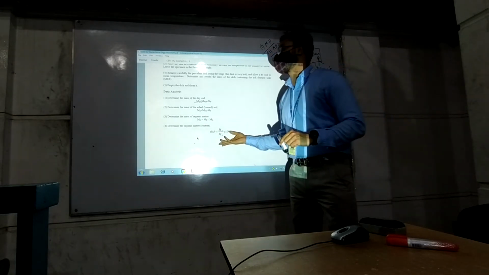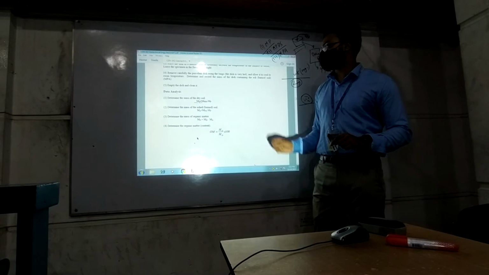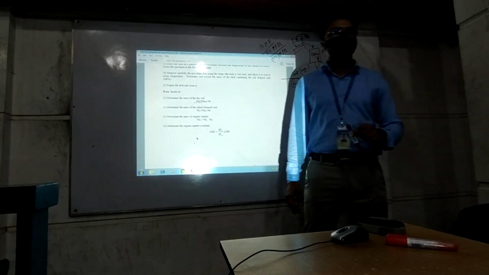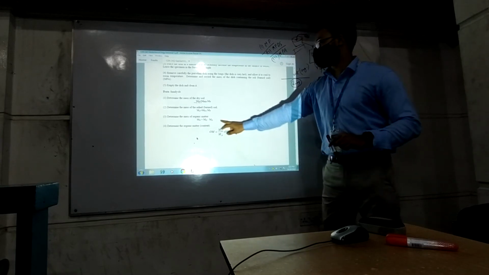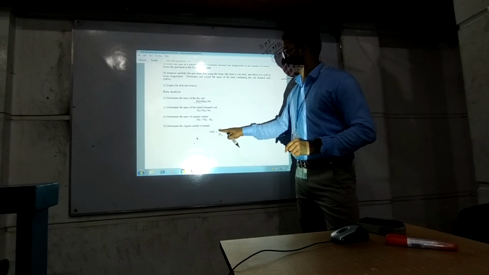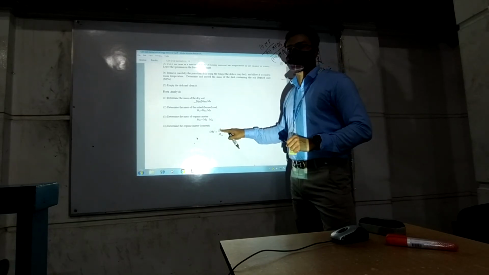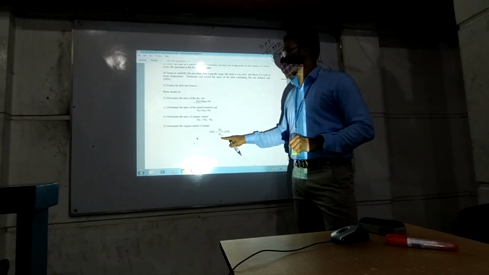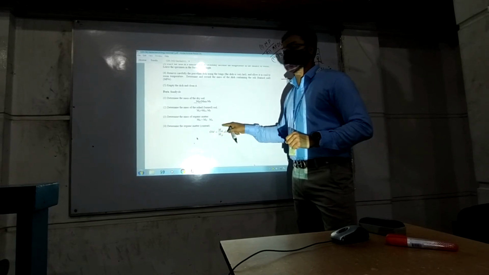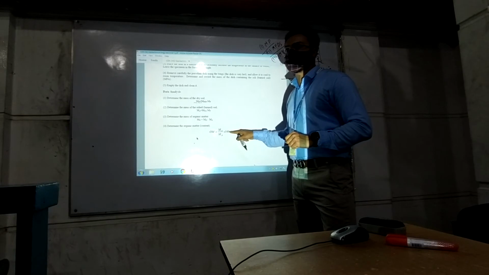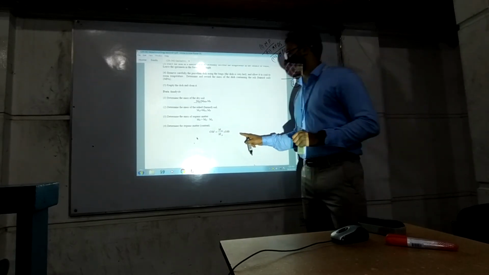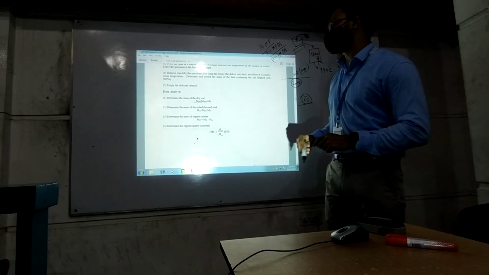Now we have to determine the percentage. How much percent? Because we already know this organic content is expressed in terms of percentage. So now we will determine the percentage of organic matter. How will we determine it? This is the organic content, this is the dry soil. So this content is present in this amount of soil, then into 100. So we will easily find the organic matter. This calculation is very simple.